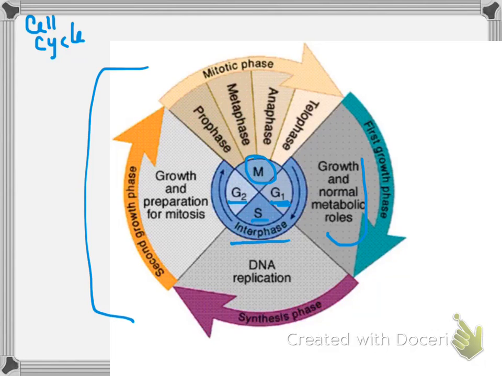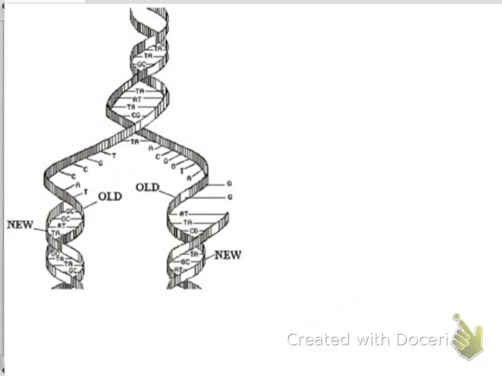It's living its life. The S phase, right here, is DNA replication, and we're going to look a little more intently at what DNA replication entails. This happens after G1 because the cell is getting ready to go through mitosis. So it needs to duplicate its DNA so that each of its two daughter cells can have the same amount and identical DNA. So if we look at DNA replication here,